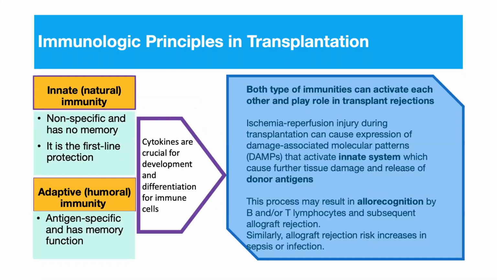Okay, and also I'm sure you can recollect there are 2 types of immunity in an individual, which is the innate one and also the humoral immunity. Innate is obviously non-specific and doesn't have any memory as such, but it is the first line of protection against any attack on the human system. But the humoral immunity is antigen specific and has some memory. Cytokines obviously play a very crucial role with regard to development and also the differentiation of these immune cells, right? And just to highlight, I'll try to explain it a little bit later. These 2 types of immunities can activate each other and also play a very important role in transplant